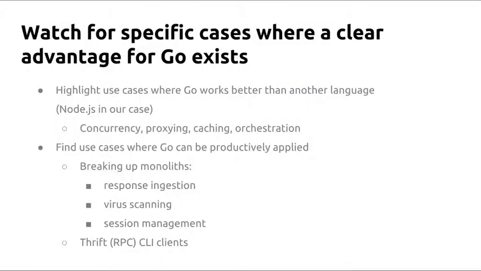Watch for specific cases where Go is a good choice. So if you work in cloud software, like we talked about, the few of you, everywhere is a good choice because everywhere is basically a microservice. If you're not, there are still options for where Go is a good choice. Like we mentioned a bit ago, highlight use cases where Go is going to look good next to the status quo. If you use a lot of Node, that's really easy.